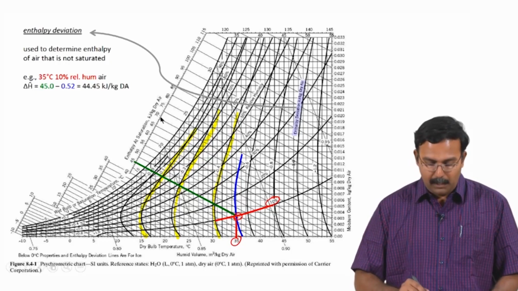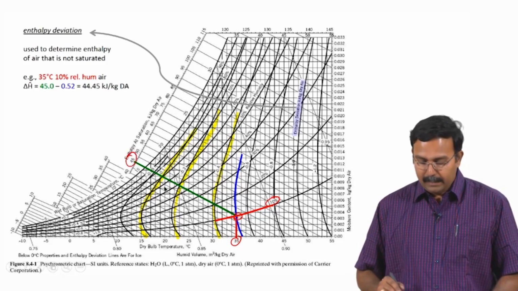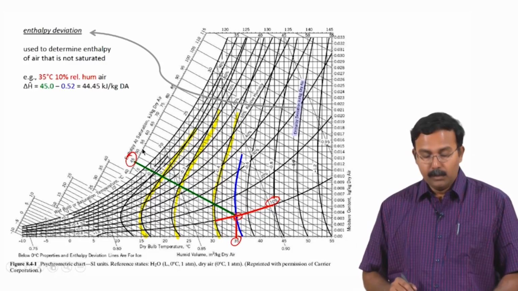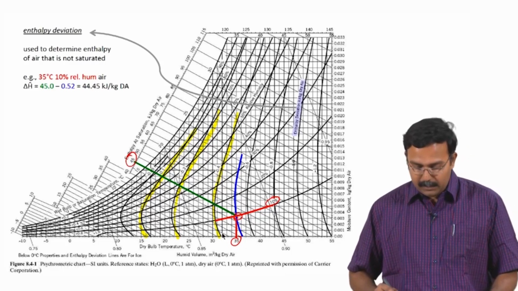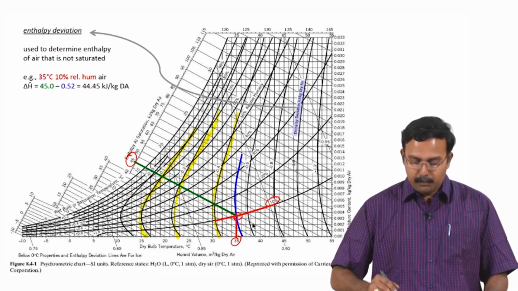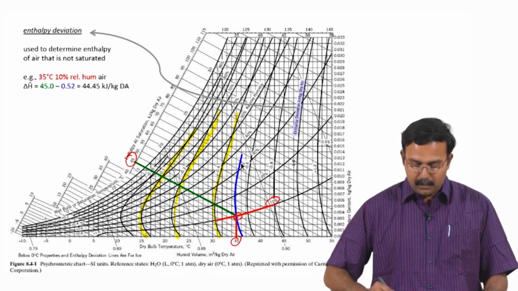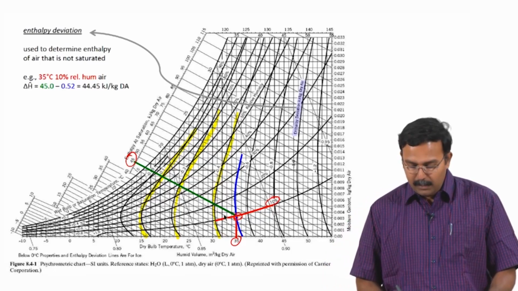You go all the way to the enthalpy at saturation, which is identified as 45, and from this value you subtract the enthalpy deviation. So, what you do is you draw a curve which fits between the curves that are given here. So, the enthalpy deviation curve which is shown in blue is drawn here, and again we would interpolate